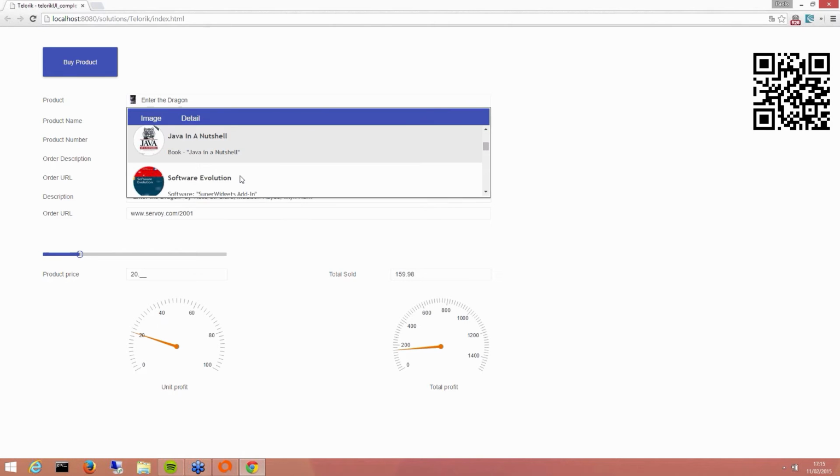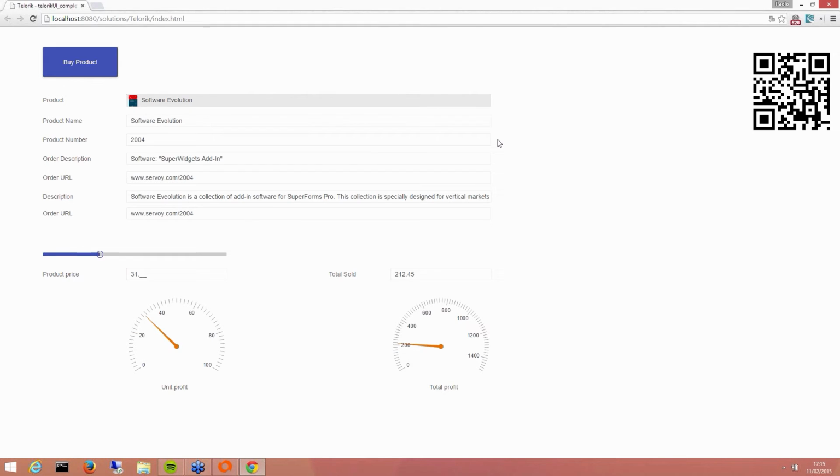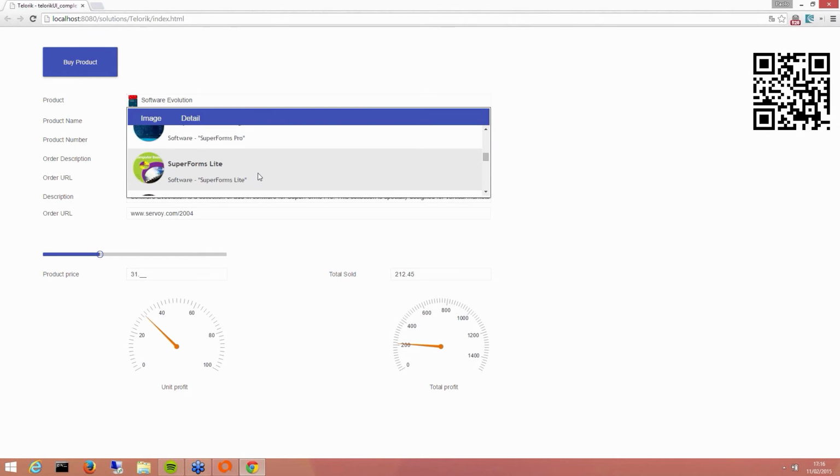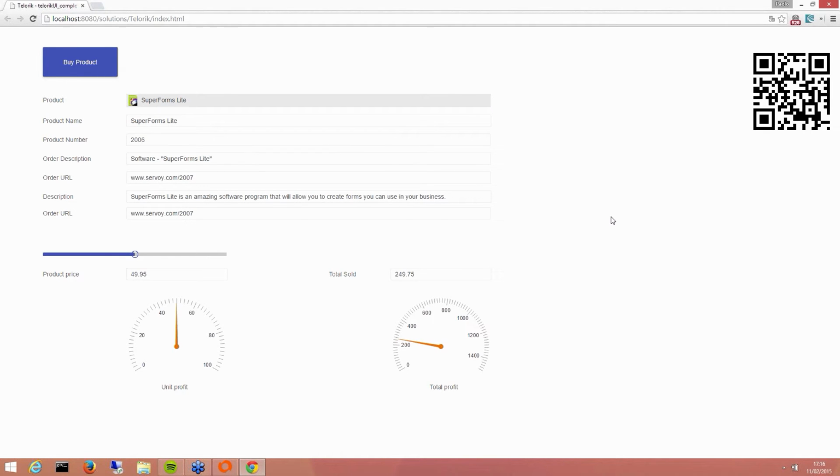And here is my composite component, where when it's bound to the correct variable, I can then trigger the switch of the selected record. So if I now try to switch, this will trigger a switch of the selected record, so I can pick up and see a different record from the database. Also here there is a QR code that is bound to this URL, and if you have a mobile available, you can try to connect and go to this page. It will be a nice test, but